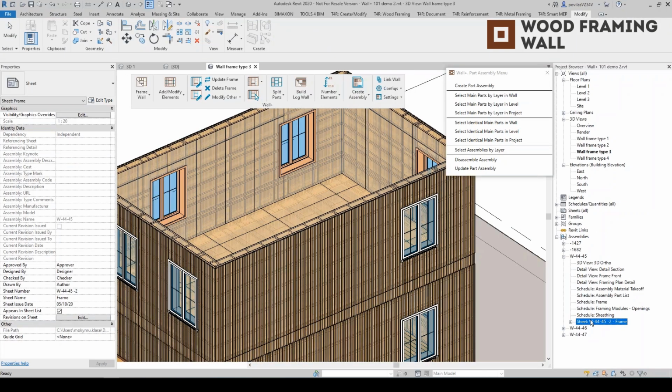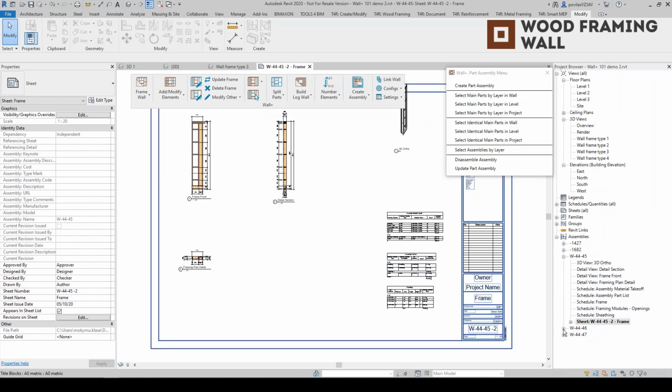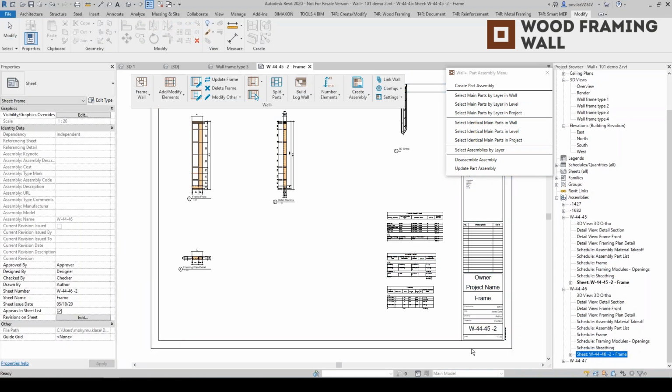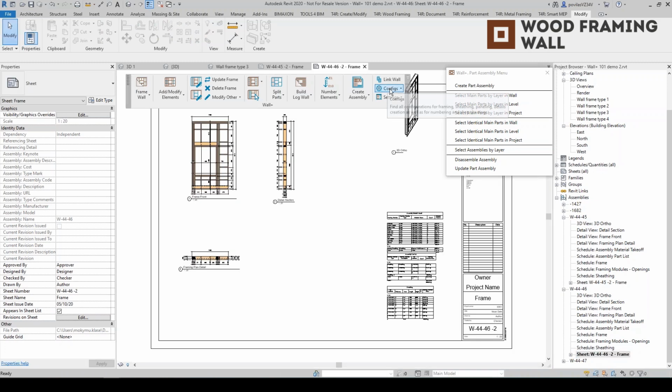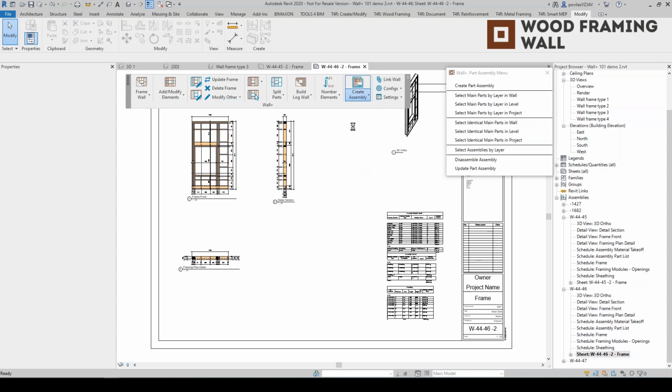Right, so let's have a look. So it automatically placed our schedules and drawing views on the sheet. Okay, so like again, configurations here for your wall frames. Same principle applies for creating your drawing configurations. So essentially, if you go to drawing configurations,